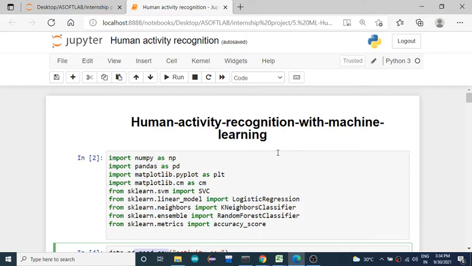If it is a problem with predicting values, then you can go for regression algorithms. If it is a problem which has to classify, then you go for classification algorithms. Like that you are going to select the model.